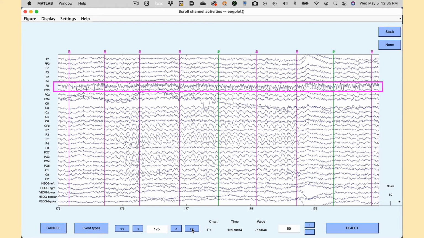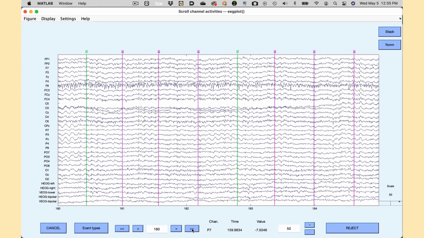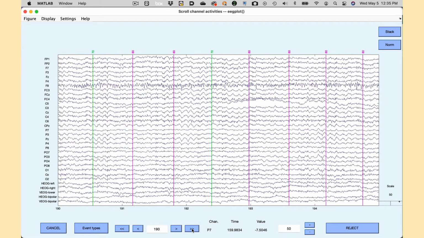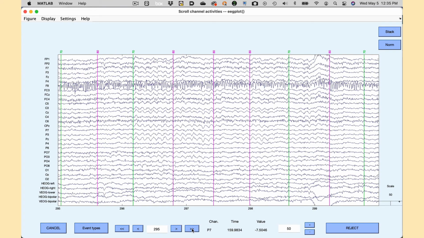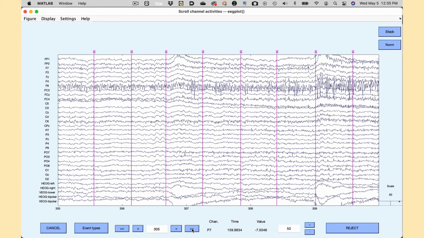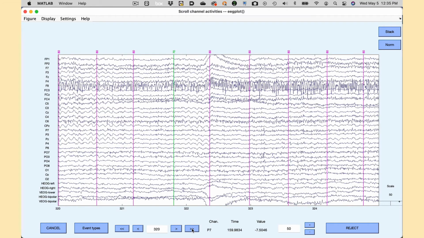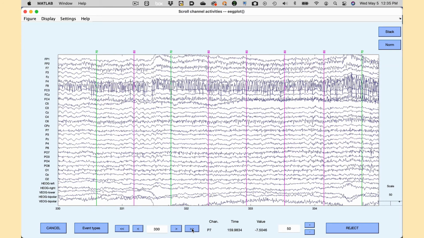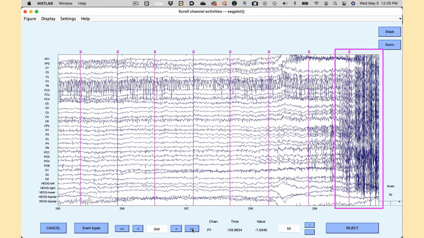And now we see something new, high-frequency activity in the F8 channel. High-frequency activity like this is almost always EMG. Because the muscles are outside the skull, right under the skin, you can sometimes get EMG activity at a single electrode site like this. If we keep scrolling forward, we see that this high-frequency noise isn't going away. In fact, once we get to around 295 seconds, it starts getting worse. And now around 330 seconds, it's just huge. Here's a big EMG burst right after 339 seconds.